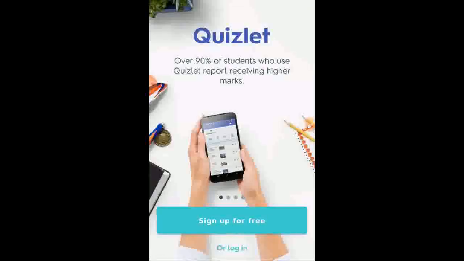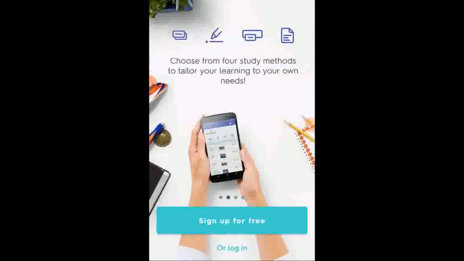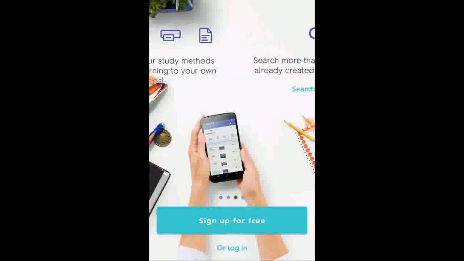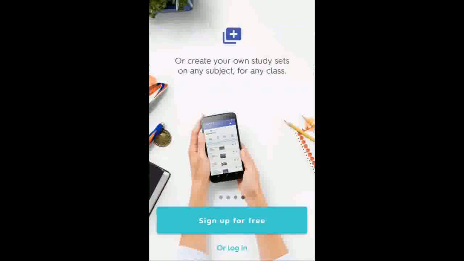So when you click on open, then you will get four screens here. This is the first screen, this is the second screen when you move it, then this is the third screen, and this is the fourth screen. Now on this fourth screen, you look at the plus symbol here.